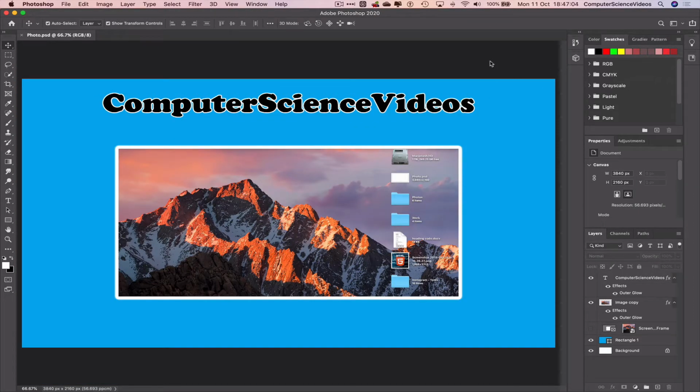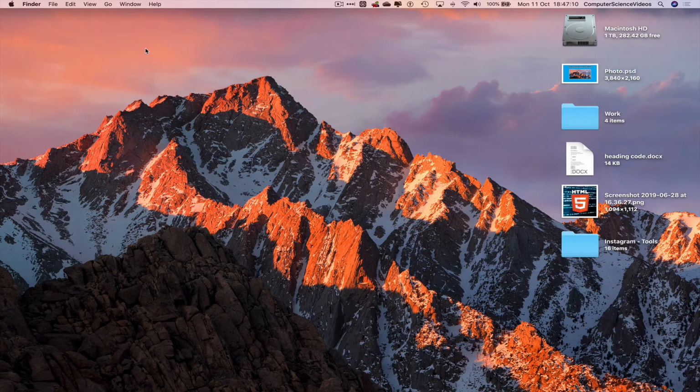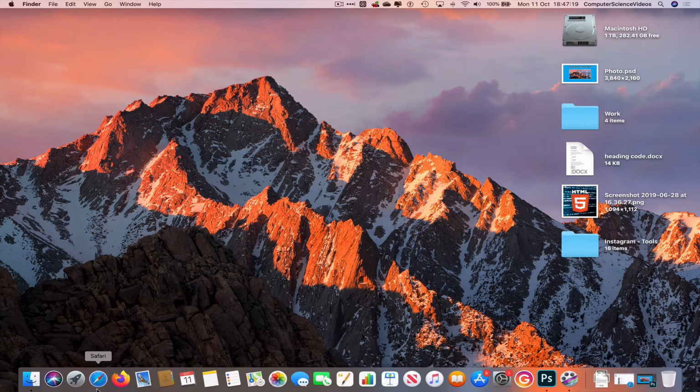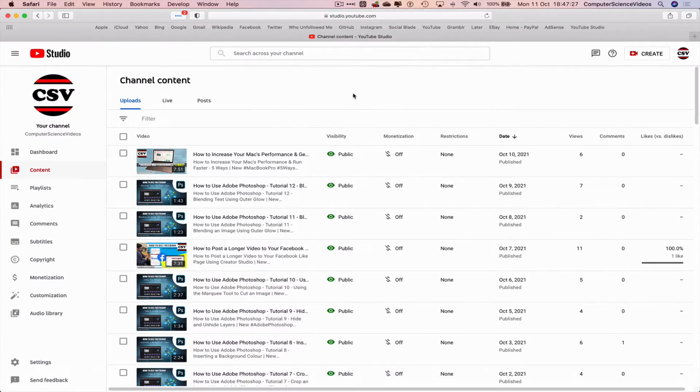Before we insert the logo into the project, let's minimize Photoshop for the moment. Go all the way down to the dock, go to the web browser, which is Safari in this case. Go to YouTube Studio, make sure you are signed into the account. Now go to Content, Filter,